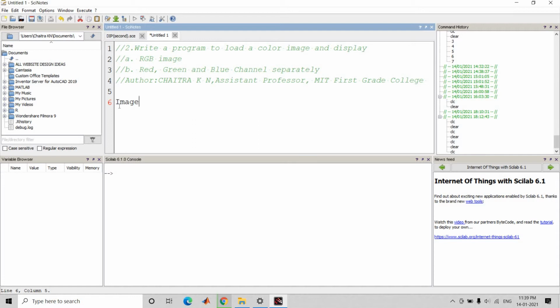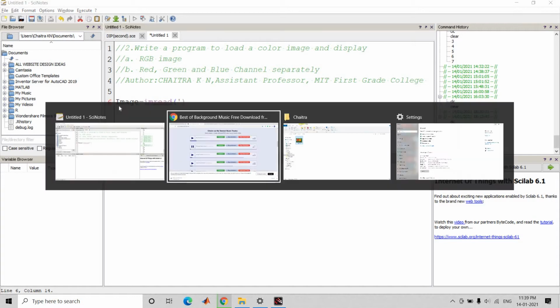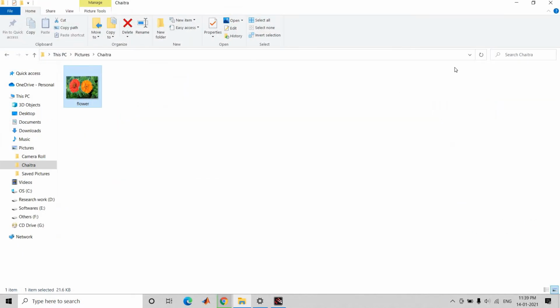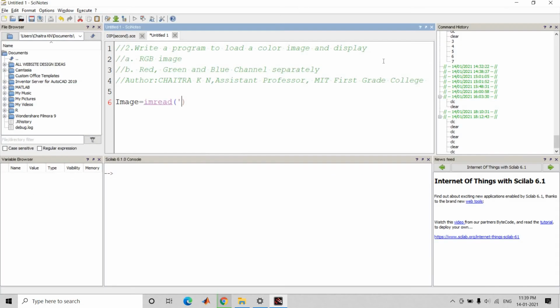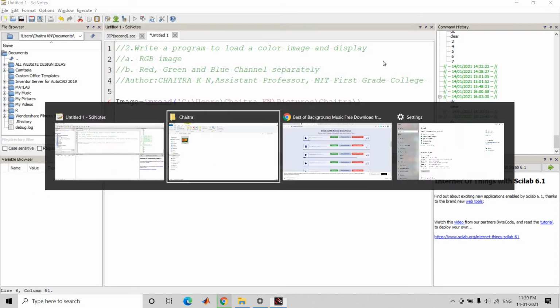For that, start with a variable image. We have to read the image from an image path. imread is an inbuilt function. Now we have to read an image from an image path. Here is my image path. Copy this and paste it here. Then give a backslash.